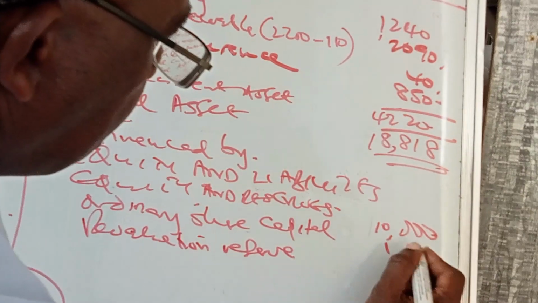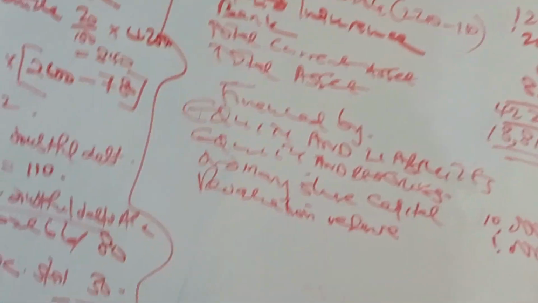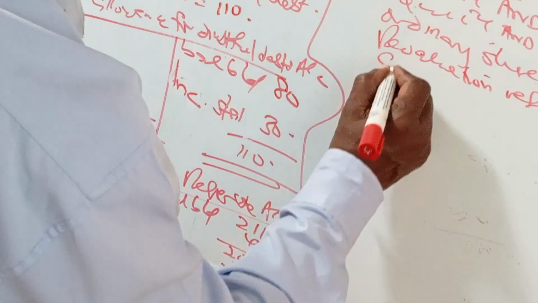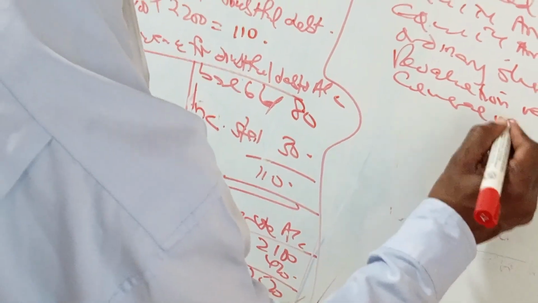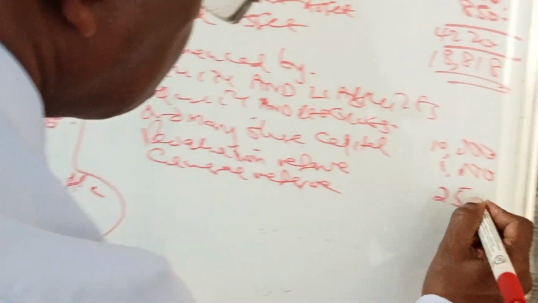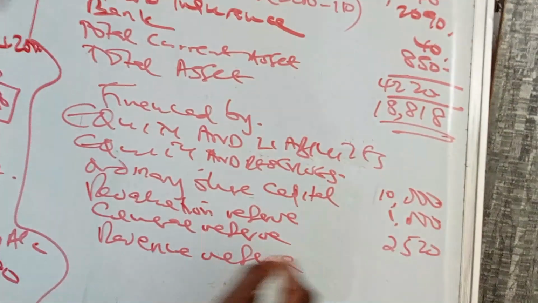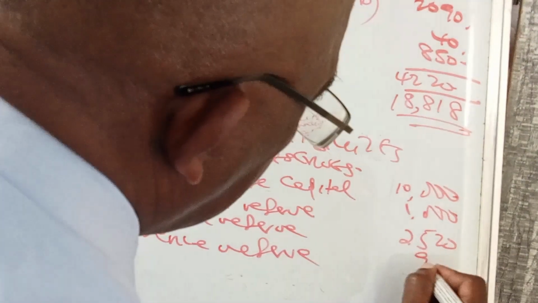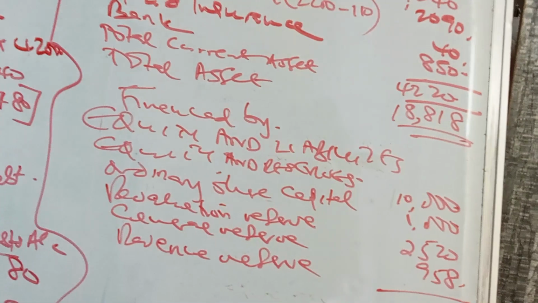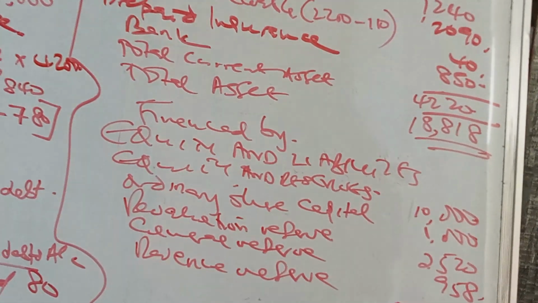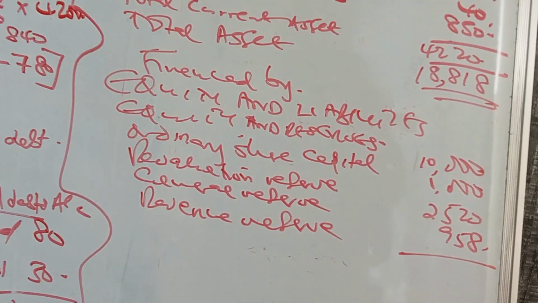Then we have general reserve of 2,520. We also have retained earnings or revenue reserve of 958. So if we add the reserves, we